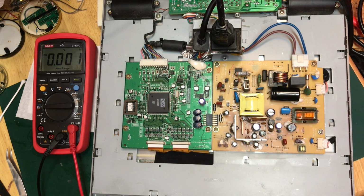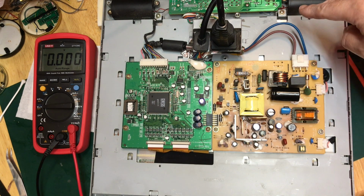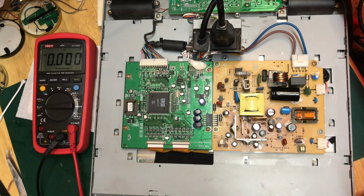It's going to be very difficult to actually see whether there's any. Okay, I can just see through the circuit board, you probably can't from that angle, that there is an LED illuminating under there. So that's off. Press it once, it goes orange and then goes green. Okay, so we are actually up and running. So according to my list,